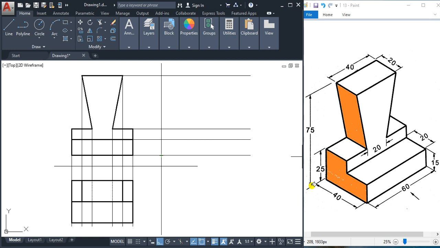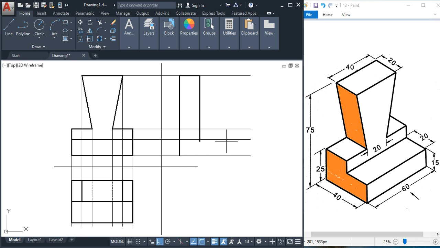If you see here, this is 75 from top to bottom. So we'll assume some distance, and from there we'll draw line of this much, and we'll go this way by 20. If you see here, you can observe this, and can come down up to here corresponding to this one.